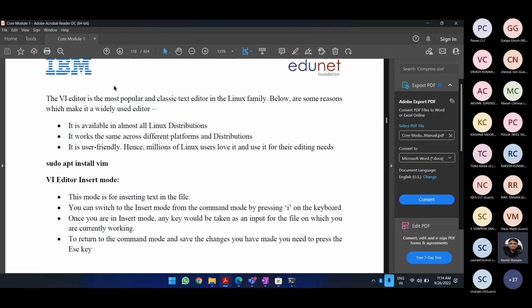We cannot complete the Linux commands in a day. That will take some time, so we would be doing it one by one.